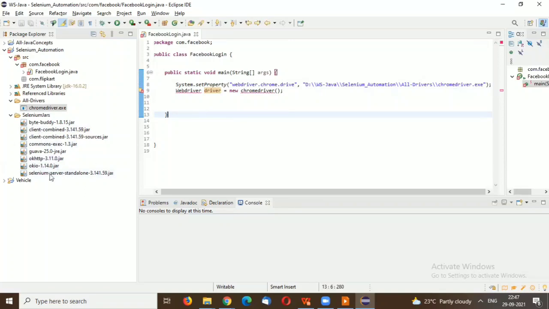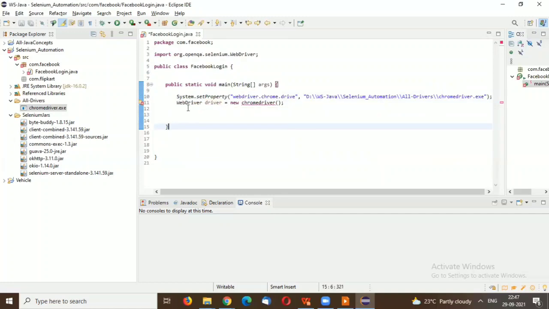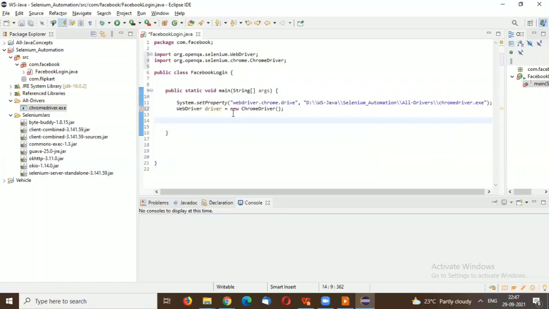Where is it coming from? We have configured this jar. Whenever you hover on this WebDriver section, you can see the import WebDriver option. Okay, so this WebDriver is imported here. It's coming from org.openqa.selenium.WebDriver. So it comes from this Selenium standalone jar, and we need to import ChromeDriver also.